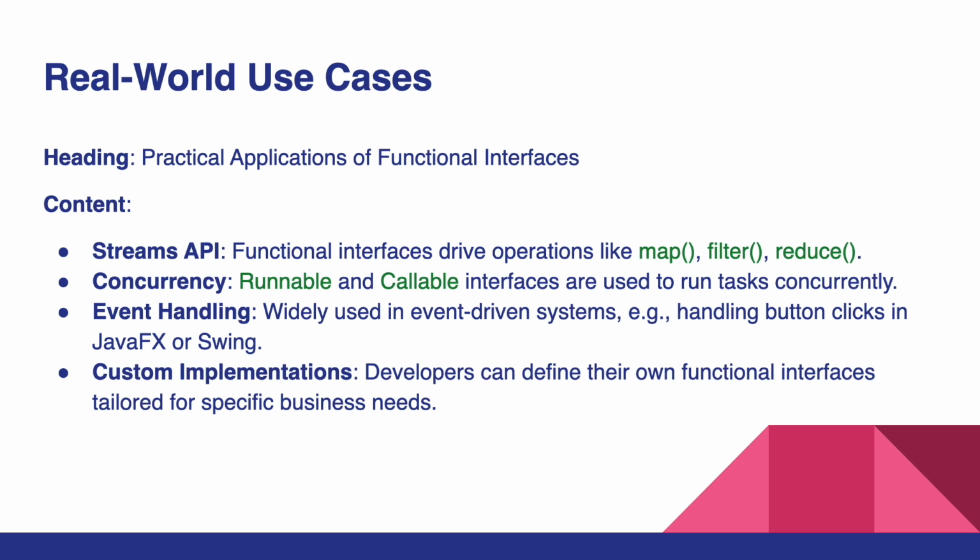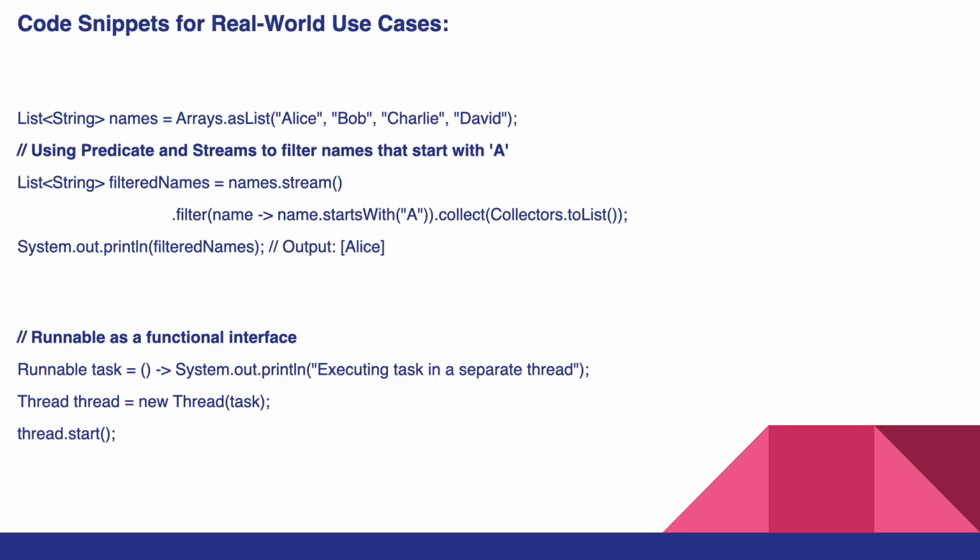Here, functional interfaces such as Predicate and Function drive stream operations like filter, map, and collect. Let's look at an example